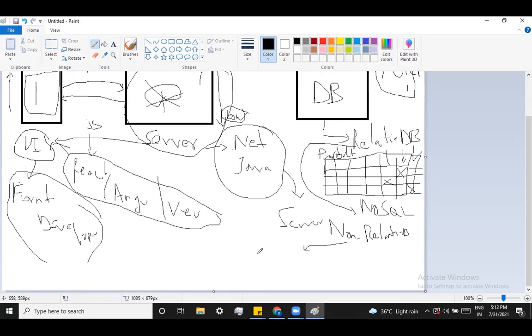You can assume it is like a text. You can still create a product, but it's not called a table, it is called a collection. In a collection, you can insert any kind of text format.